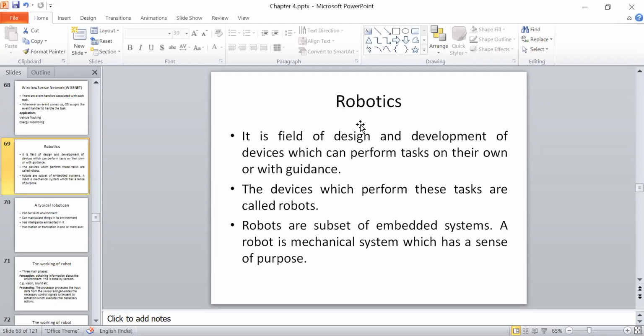Now you can see robotics is basically a subset of embedded systems. Why? Because in a robot you can see many types of embedded systems running each and every part of the robot. In the case of a humanoid, a human-like robot, you will find many such embedded systems. If you look at robotics, it is not only a mechanical device or one with some electronic circuitry, it also has some kind of intelligence. So some part of AI is very much there in robotics.